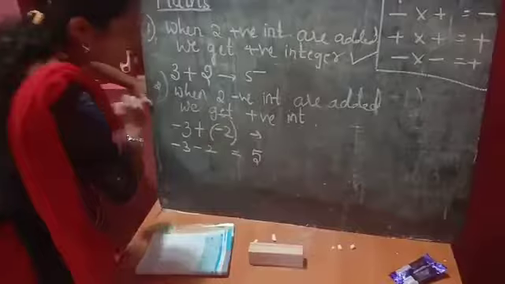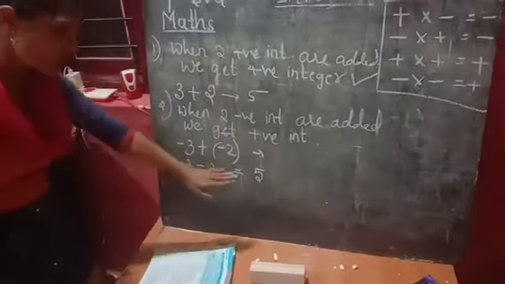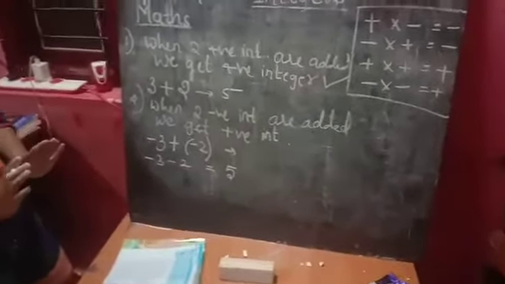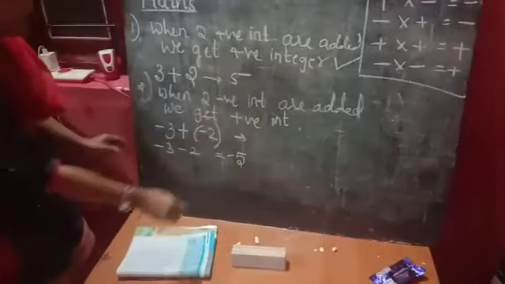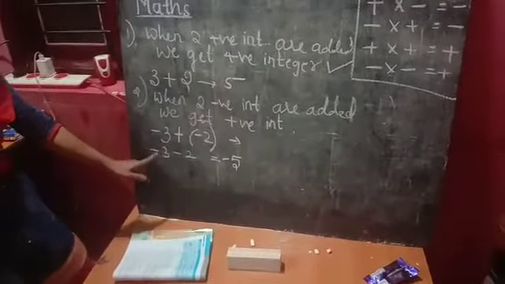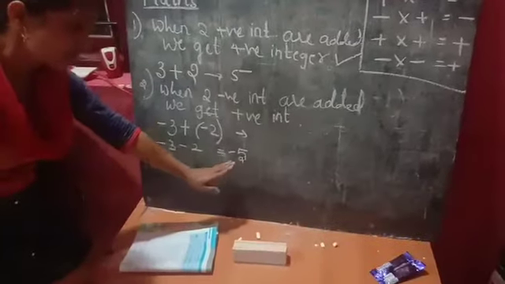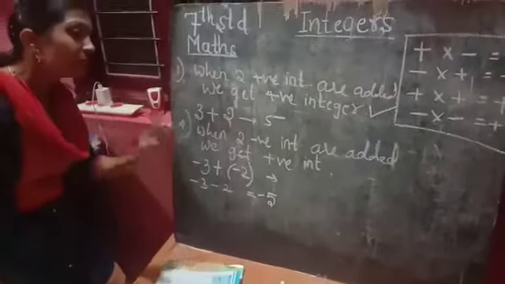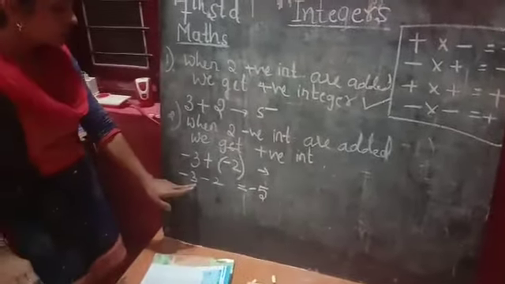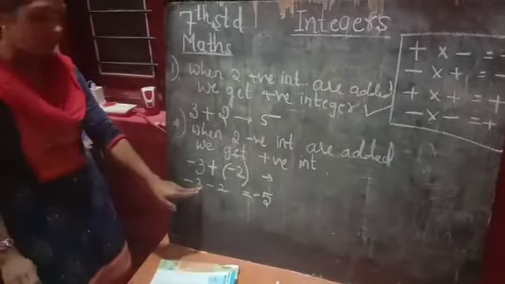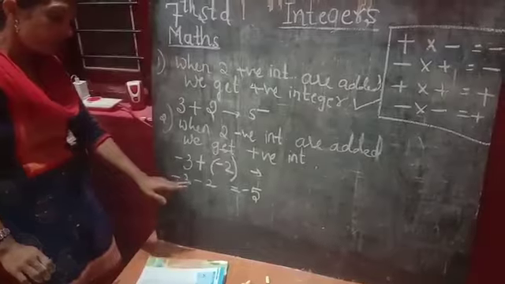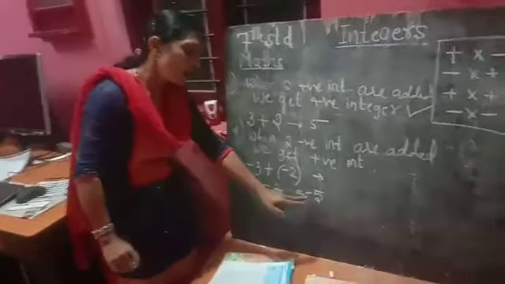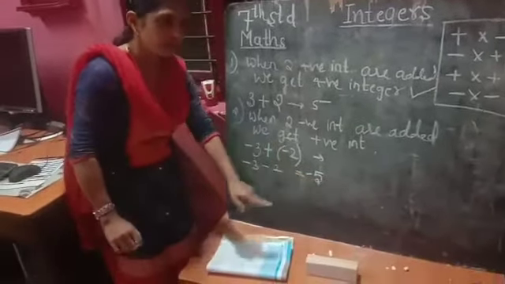That is 5. But what do we have to write, whether it's positive or negative? Is the answer plus 5? No, of course the answer is not plus 5. It becomes minus 5. Why is it minus 5? Because while writing the answer with a positive or negative sign, we have to consider the sign which is before the biggest number. Out of 3 and 2, 3 is the biggest number. Before the 3, which sign is there? A negative sign is there, so the answer is negative, minus 5.